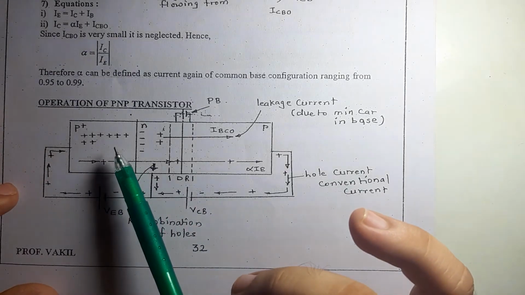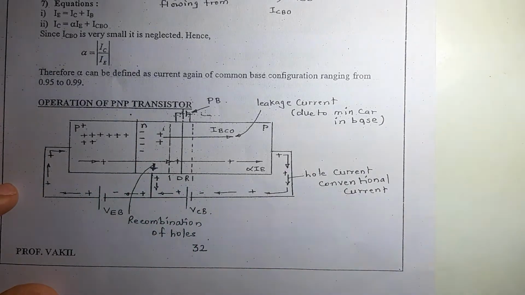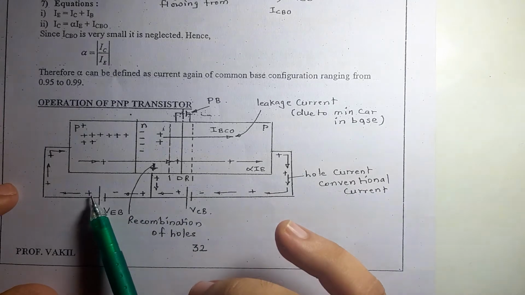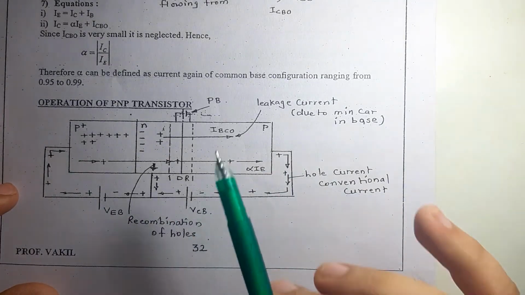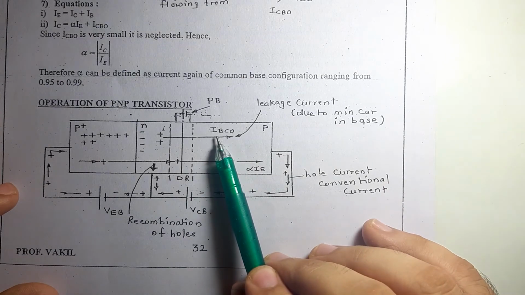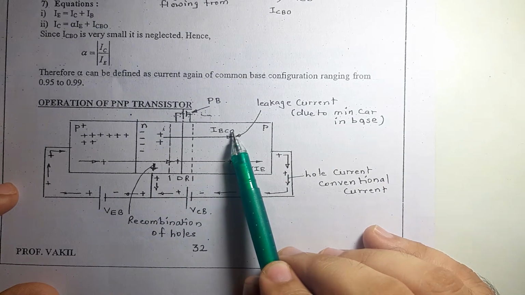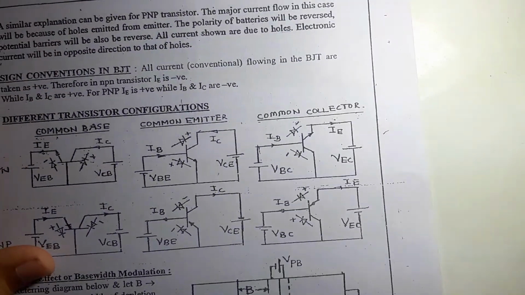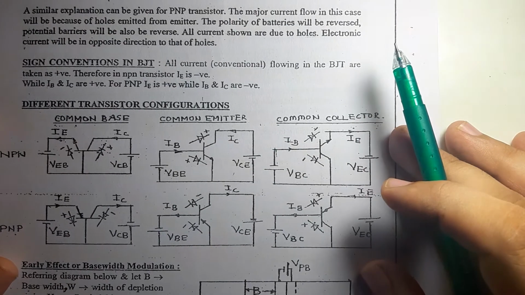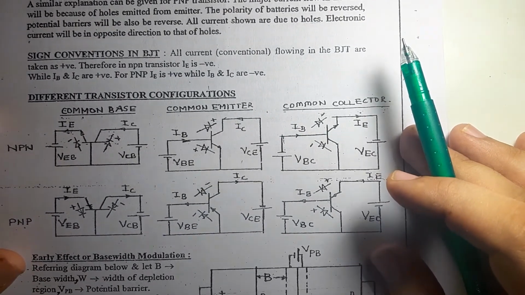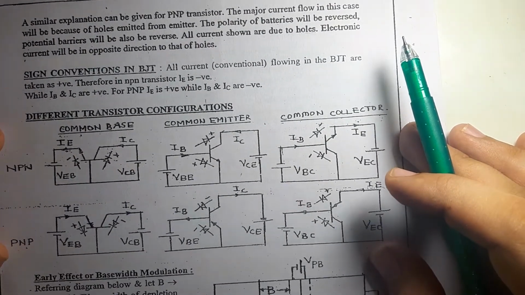Now यहाँ पे all the configuration and all the things will be one and the same thing. The emitter electrons will go inside, the collector current will go inside. It's just that the denominations, initially it was ICBO, now it will become IBCO, so on and so forth. So the operation is very much simple in nature. Now we will proceed forward for sign conventions.